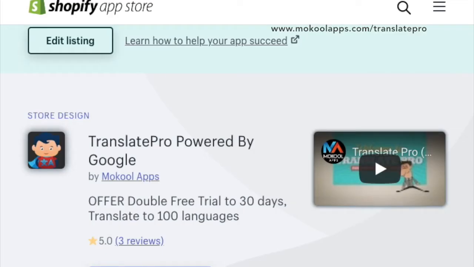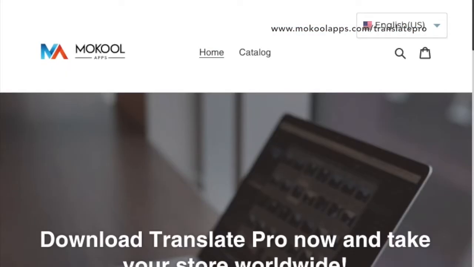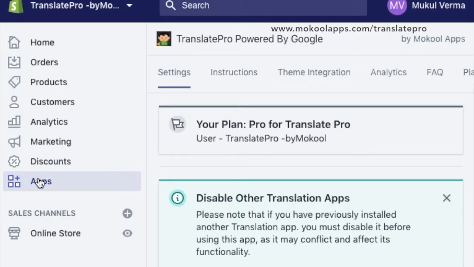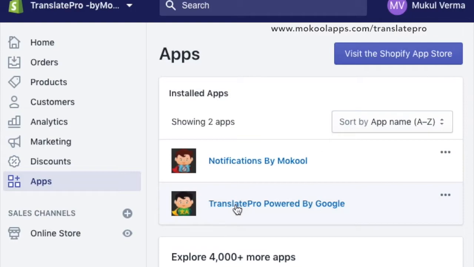So you can go to the link I've included here or go to the Shopify App Store, download Translate Pro. It's powered by Google Translator. There's a free trial version and a paid version on it. So if you install that app, then I will show you how to get on to the next step. So once you've installed the app, then you go into your apps, go into Translate Pro,